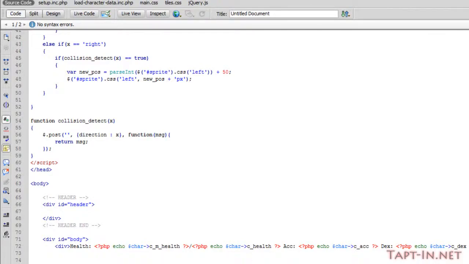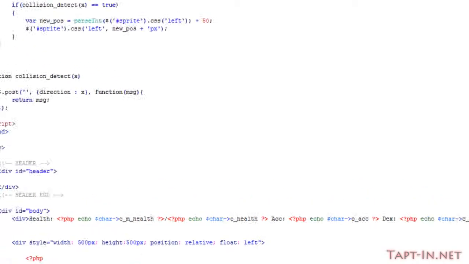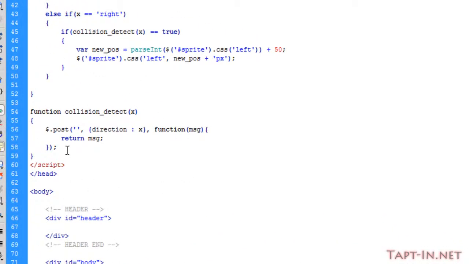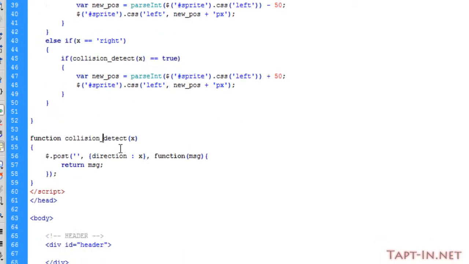Okay, so welcome back. In this video we're looking at collision detection, and we've got to stop our player or our sprite from walking into the walls here. If we come back over to our play.php page, I've created a little function within our JavaScript just called collision